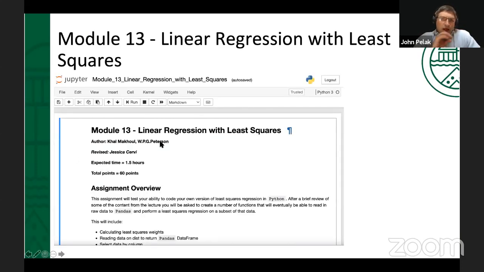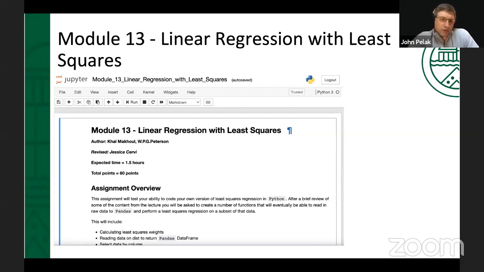Pop down here. So for week 13, there is a single Jupyter notebook that's used to cover some 8 questions or so that are assigned for your consideration and also for the exercise of programming. I'll walk you through it briefly in a moment, but the idea is to explore building linear regression models using the method of least squares as a way to model a line through a series of points. The example that is done is trying to predict the price of a home given the square footage of living space that house has